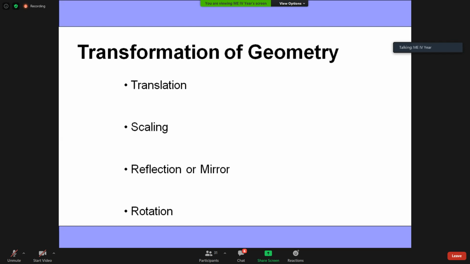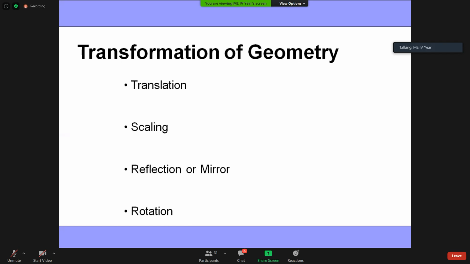Now, this is nothing but the scale. Then coming to the reflection or mirror. Drawing a reverse part of any drawing. I'll give you a clear description. Simply observe. Whenever you go in front of your mirror at your home, what do you see? When you stand in front of the mirror, what do you see? Our own image.